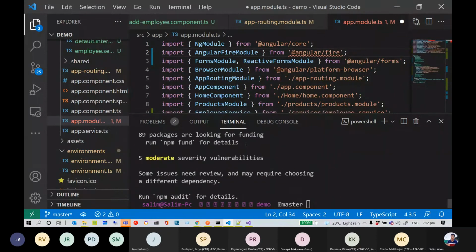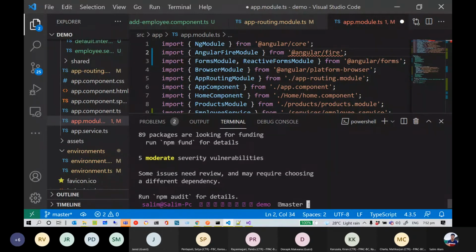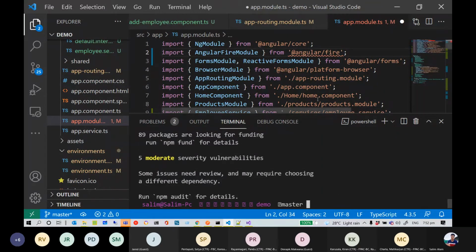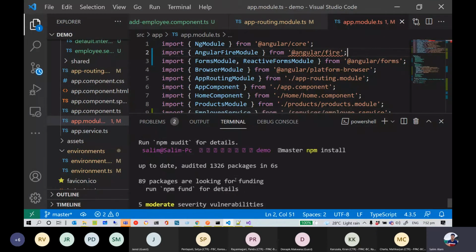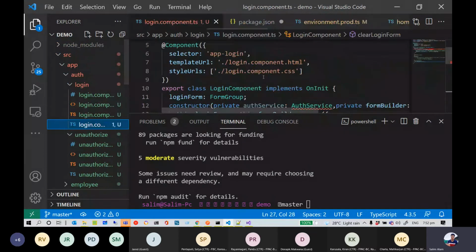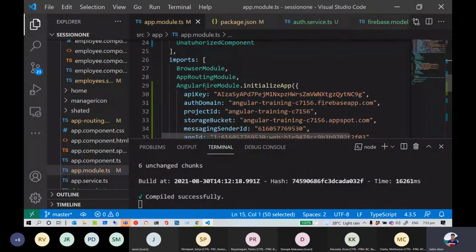It should have installed the packages. Okay, I don't know what's happening with this project here. It's giving me exceptions. Okay. Yeah, so I included the AngularFireModule and passed the values that Google sent me, and then